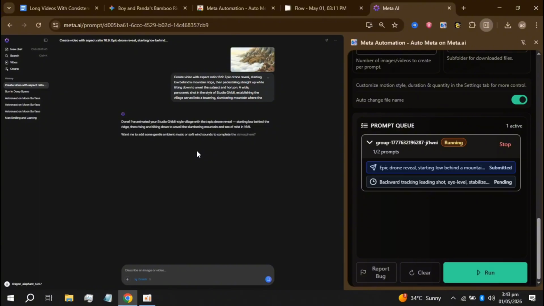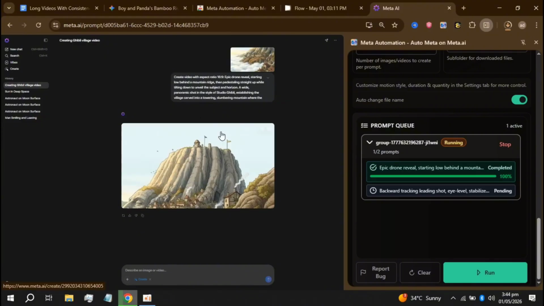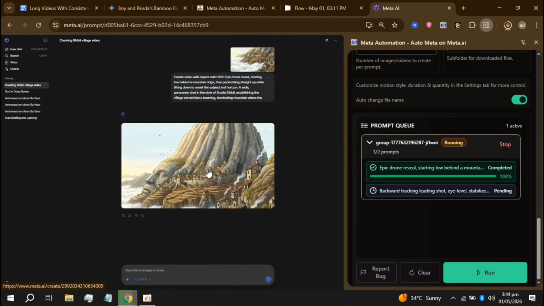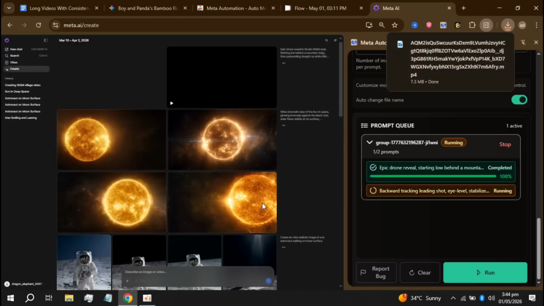Allow me to highlight a key point right now. Everything I have demonstrated and will continue to demonstrate is completely free and completely unlimited. This process utilizes full automation, drastically reducing your manual grinding effort. This is the true power of free and unlimited automation, and you can legally leverage it to its absolute